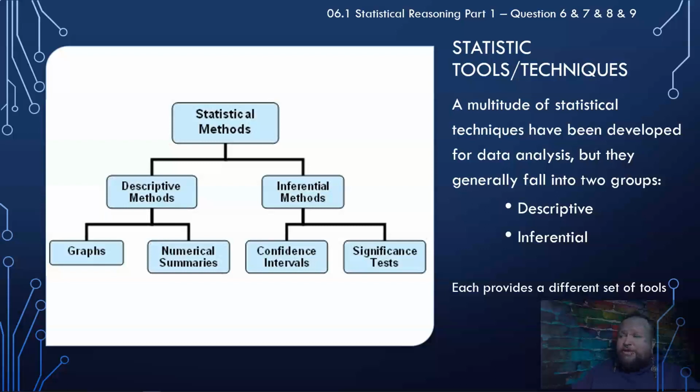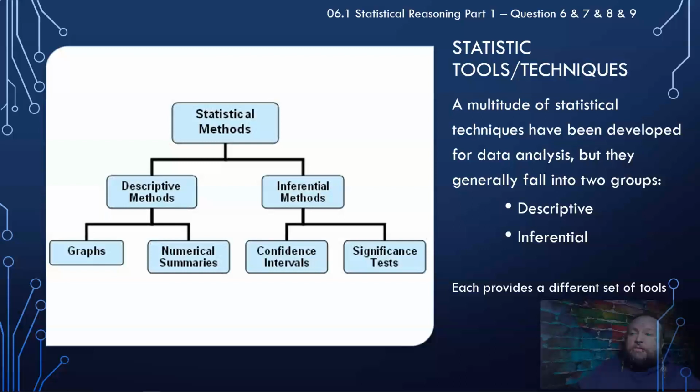But in descriptive methods, you have the whole category of different types of graphs you can use for the data, and learning what those graphs are useful for and how to read them, how to set them up. You also have numerical summaries. So these are like that smallest or largest or average that take that data and bring it back generally to one number or a couple of groups of numbers that have a context behind them